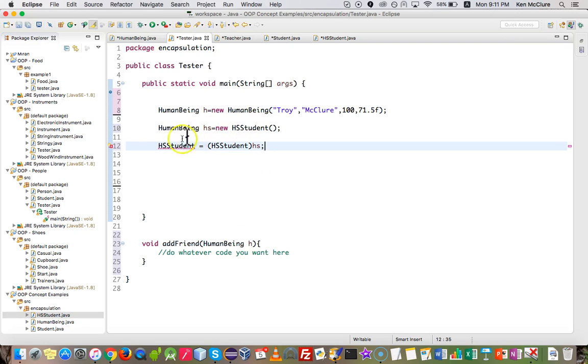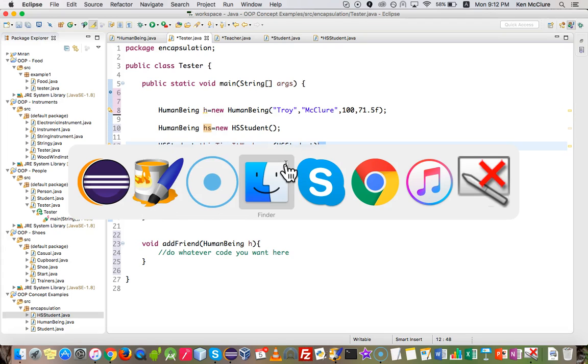Now, is that correct? HS student. Oh, I need to give it a name. HS student, this time it works. I'm going to be optimistic. HS student, this time it works, equals, and I've taken the contents of the original variable, and I'm casting it or forcing it to become an HS student, which in actual fact what that's doing